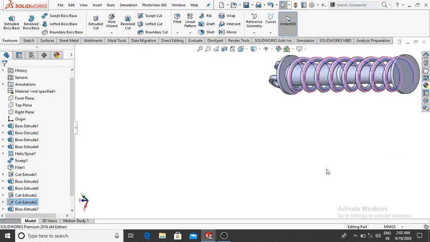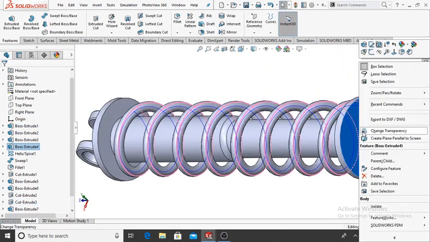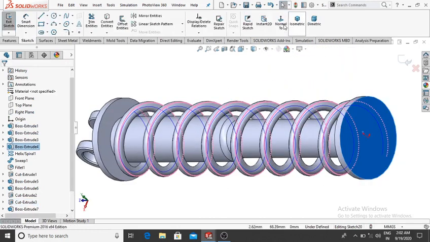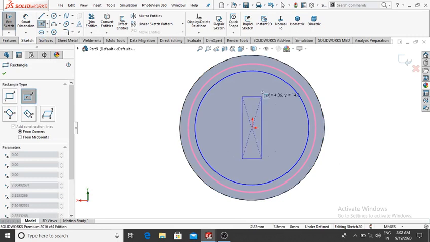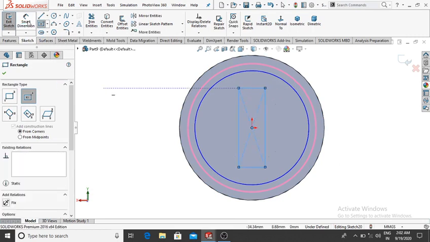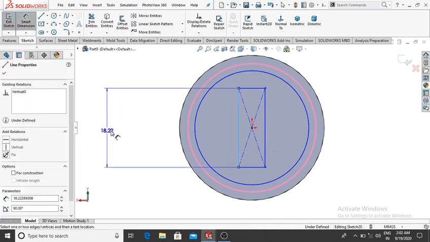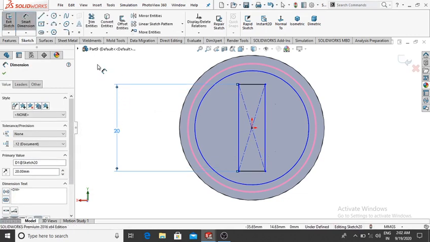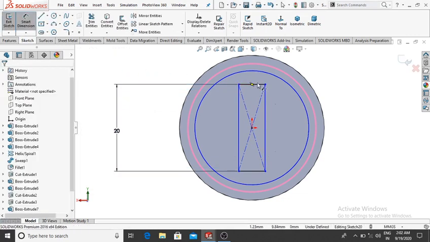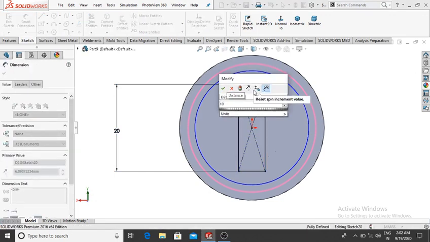Now again select this face, right click, sketch and normal, and here select center rectangle, and from this point make the center rectangle up to this. Now go to the smart dimension, this length will be 20 mm and this length will be 10 mm, so make it 10.